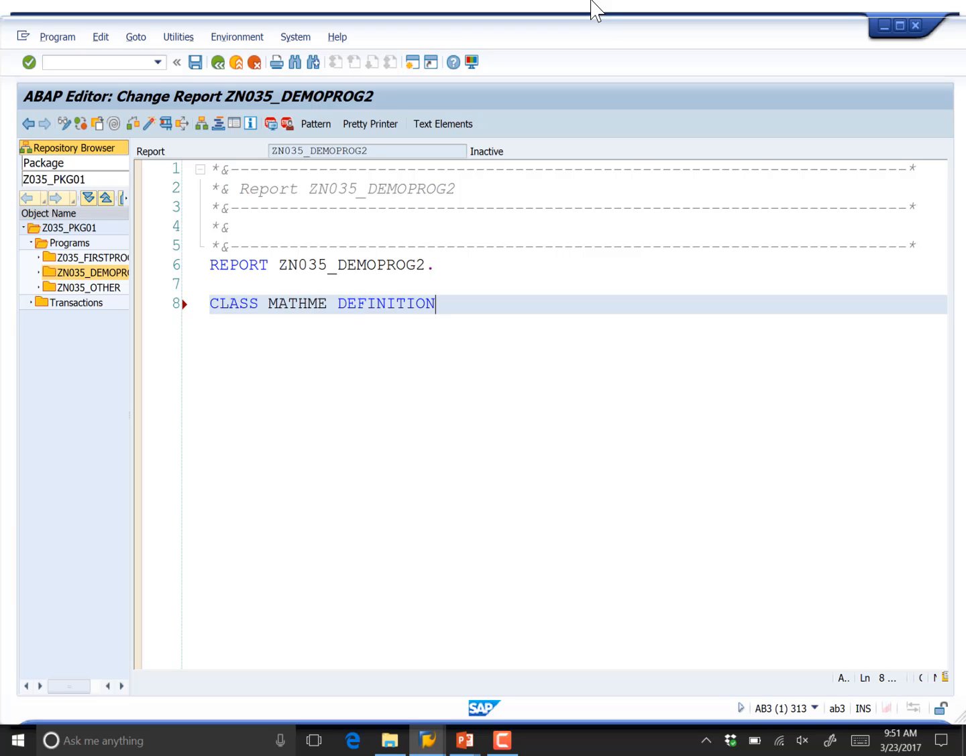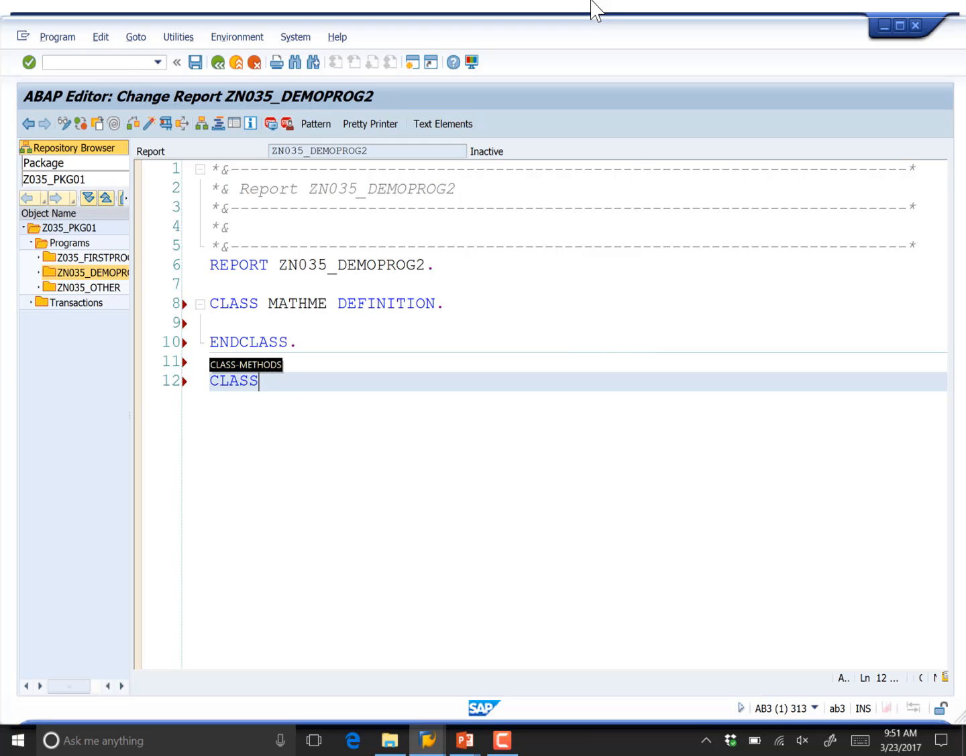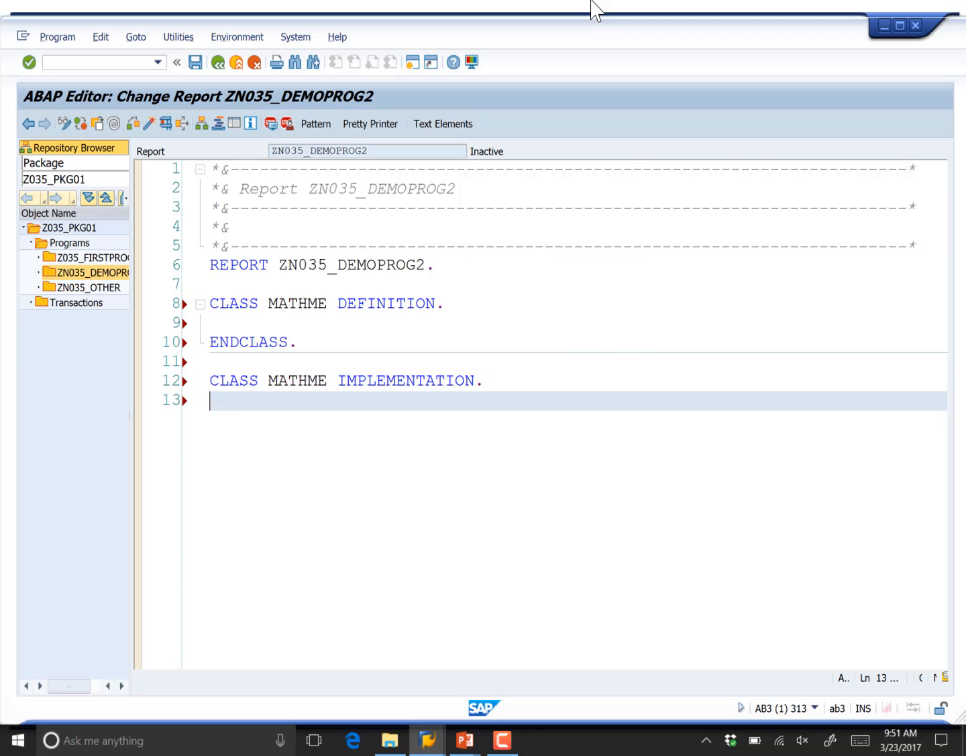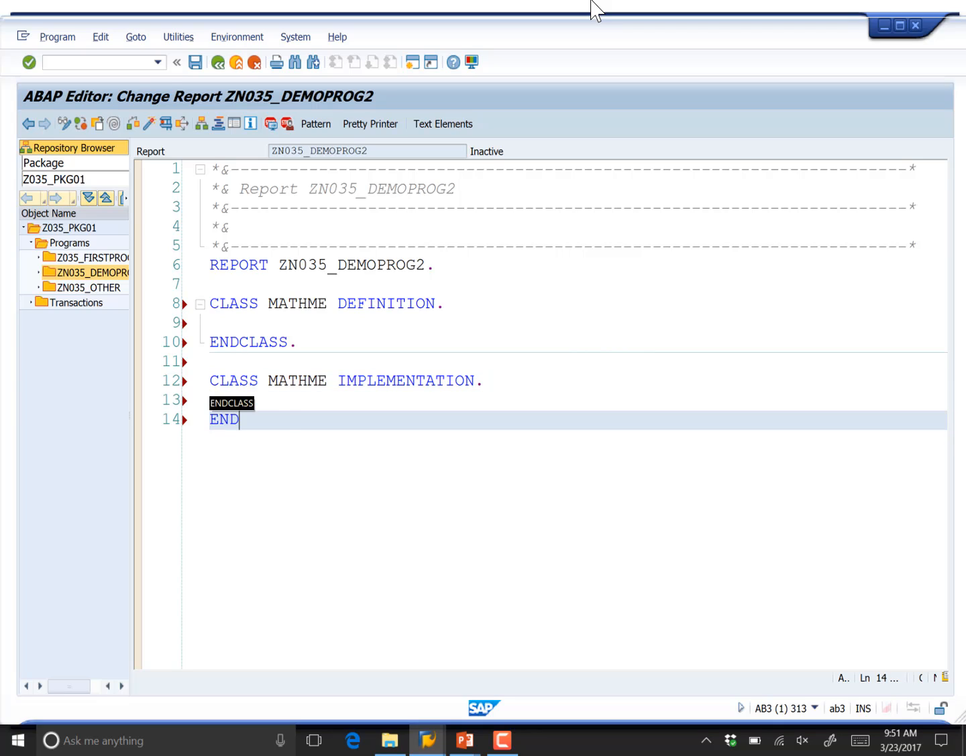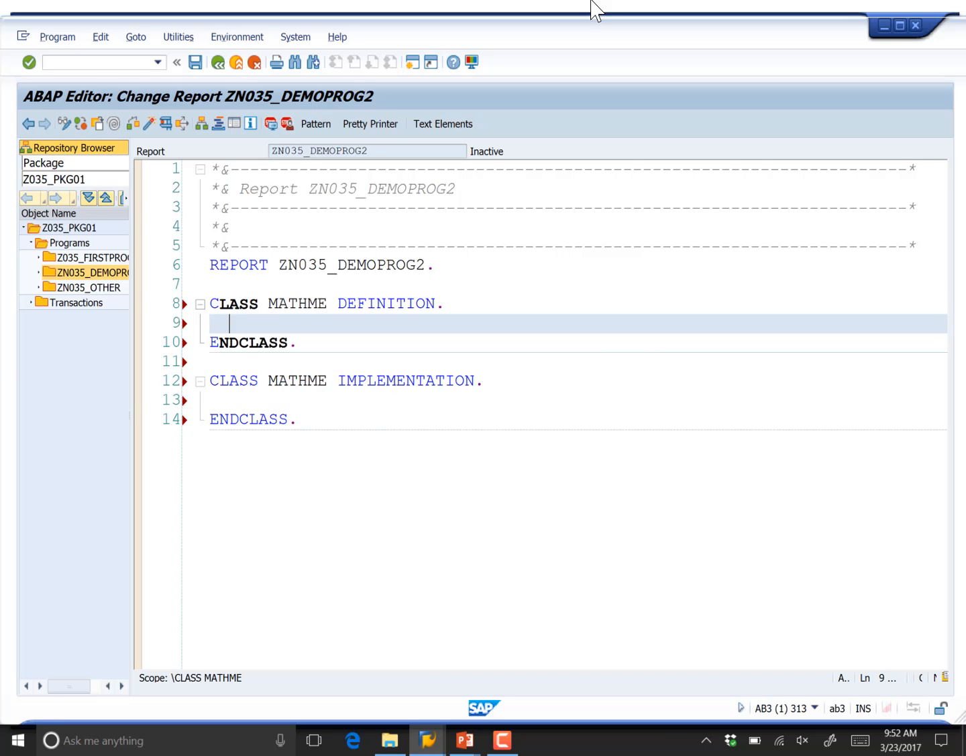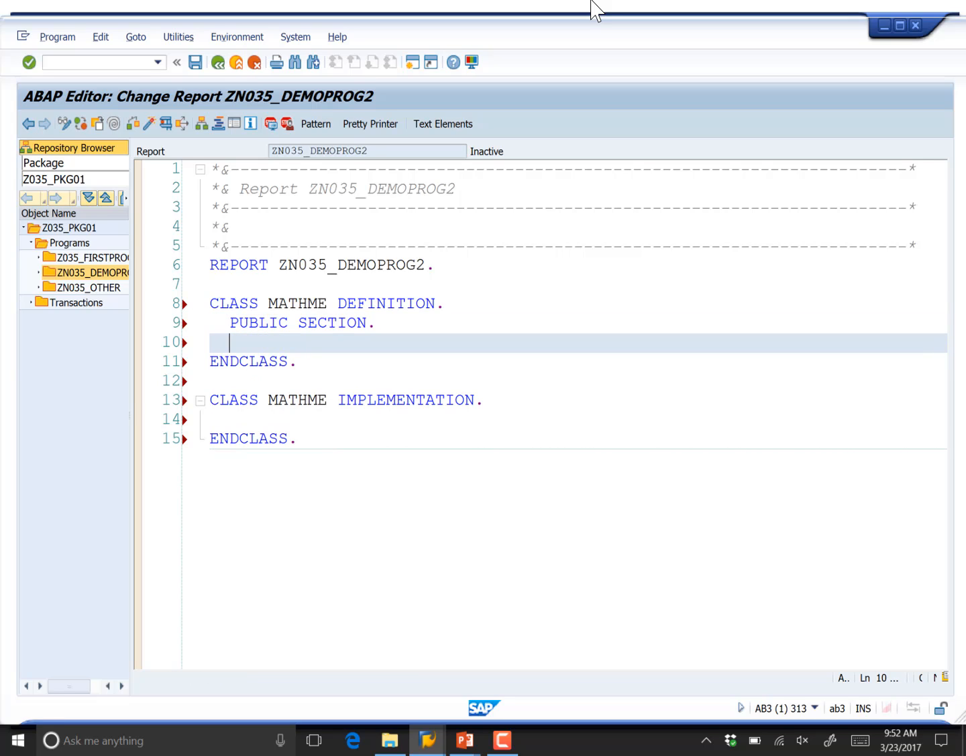And so I'm going to have the class MathMe definition, and I'll go ahead and put in my end class statement, and then I'll have the class MathMe implementation and end class. So far, this looks exactly like we would expect. And I'll come up here, and in my class definition, we'll introduce a public section. And one of the things that I could have as a part of this, and this would just be illustrative